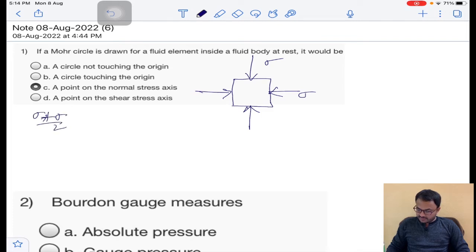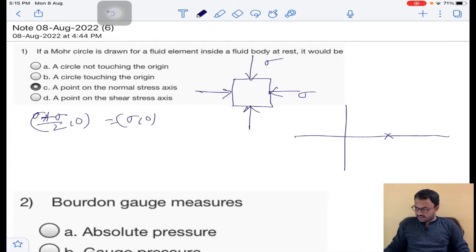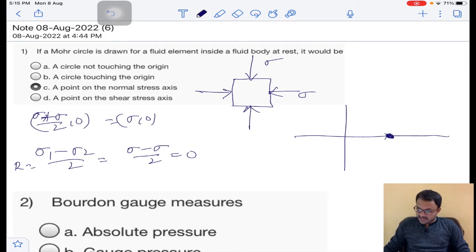(sigma plus sigma)/2 comma 0, that is sigma comma 0. So if I draw a Mohr circle, this is the center, and the radius will become (sigma 1 minus sigma 2)/2, that is (sigma minus sigma)/2, which is equal to 0. So you can observe a point Mohr circle on the normal axis. As the radius is 0 and the center of the Mohr circle is laid at a distance sigma from the origin, this is the origin 0 comma 0, this is a point